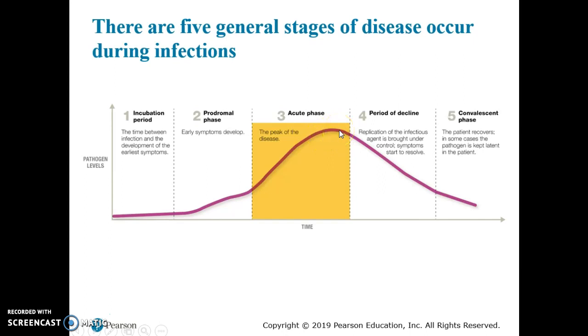And then you have a period of decline where at this point the infectious agent is basically brought under control because of your immune response, your body's response to the infection, and the symptoms start to resolve, pathogen levels go down, and then you have this convalescent phase where the patient recovers. And in some cases, the pathogen is kept there at low numbers. All right, maybe the pathogen goes latent, like